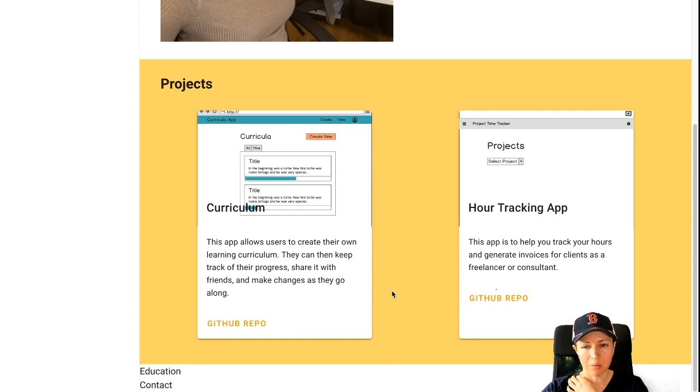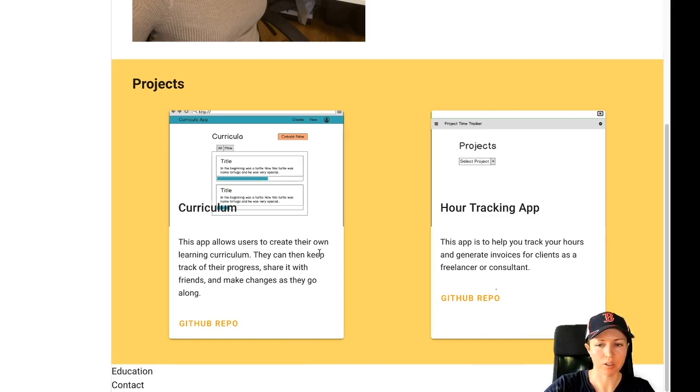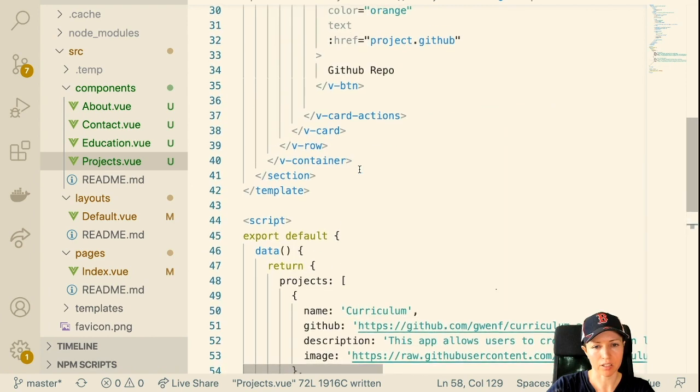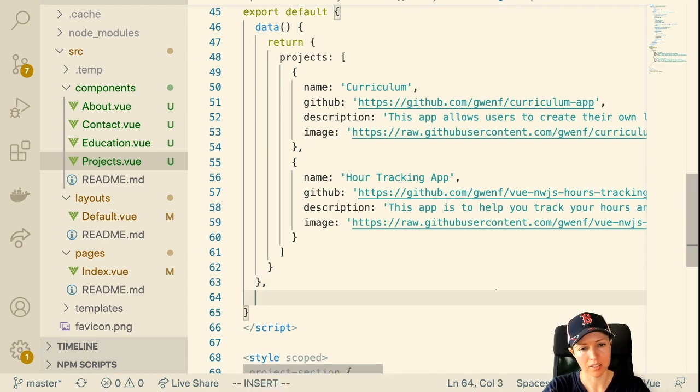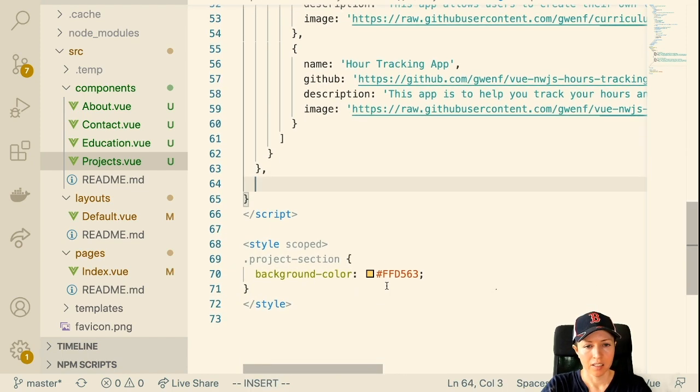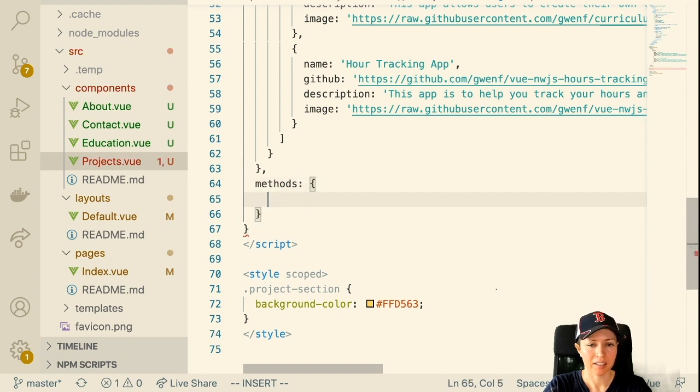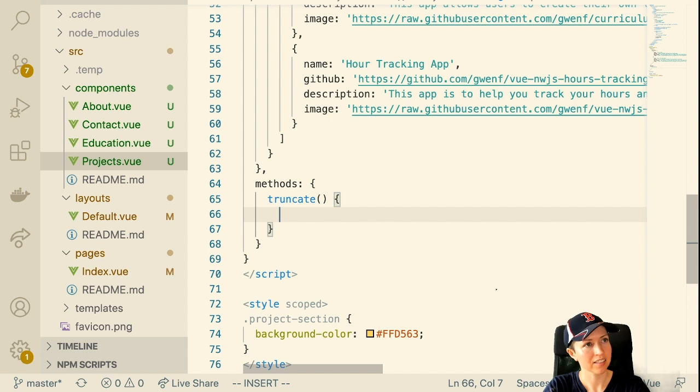That looks okay. I want to truncate this. So if it's longer than, I don't know, how many characters is this? I can just try out the characters. So let me truncate. Let me make a truncate function here. Where is it? So in methods, I'll make a truncate function, and